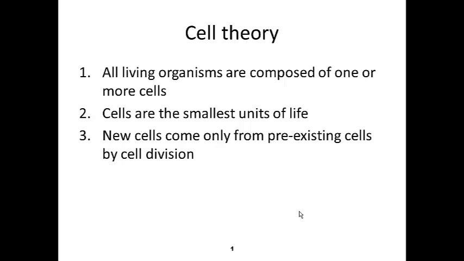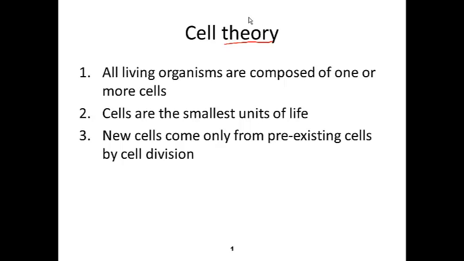Now, before we get into what a microscope does, let's just define a cell. And this is one of the many theories that you'll see in biology. Now, it's very important that we define that. A theory is not a guess. A theory is a hypothesis that's not been disproven by repeated independent experiments. It is our best understanding of how the world works. Evolution is a theory, not a guess, a theory that has not been disproven by a preponderance of the evidence.